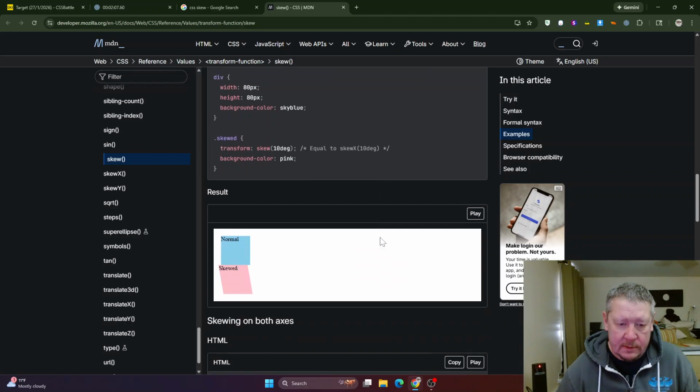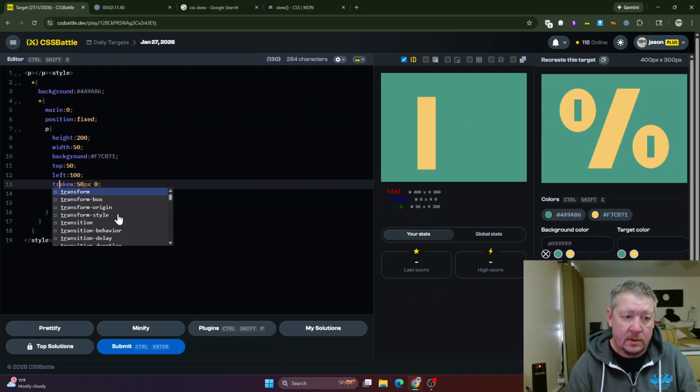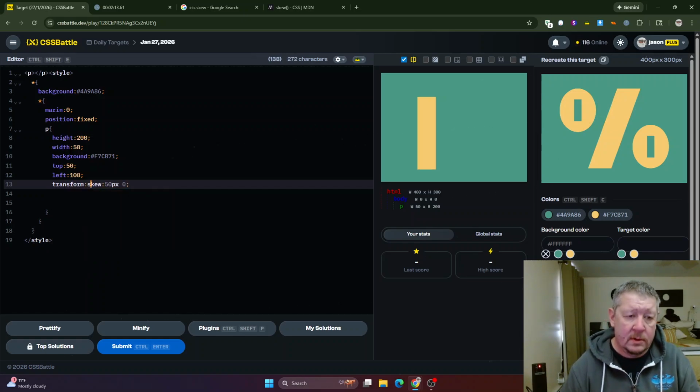Looks like it has to be a transform, maybe. Okay. Transform, skew, 50 deg, comma, 0, and then all this in parentheses. There we go. Minus 50 deg,